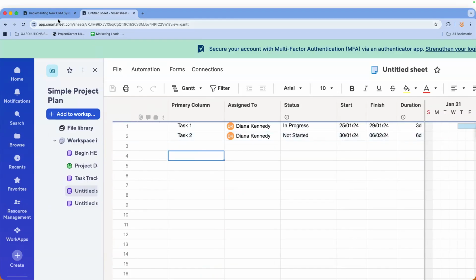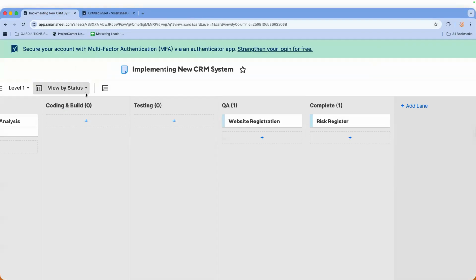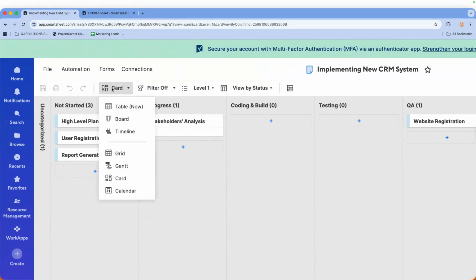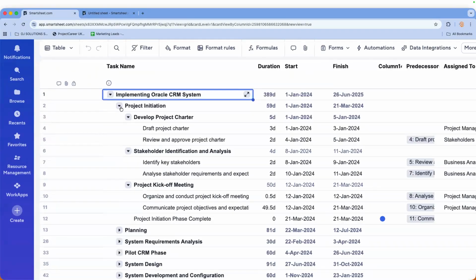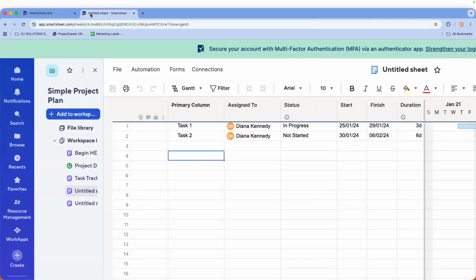So let me go back. Look at this. Let's go back to this. Change the view. Let's go back to the table. So where are my phases here now? Oh, your phases are slightly indented before the plan. Yeah, before the task. Yes. So come back to this now. Where should my phases be? Above the task.